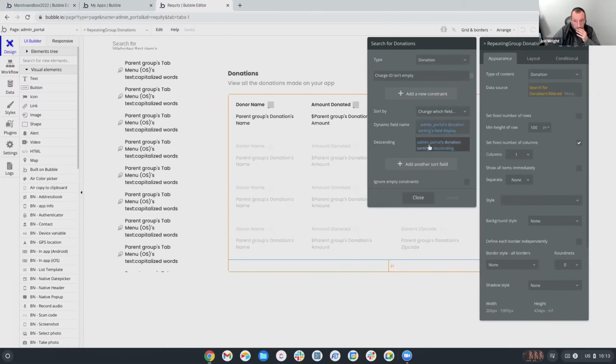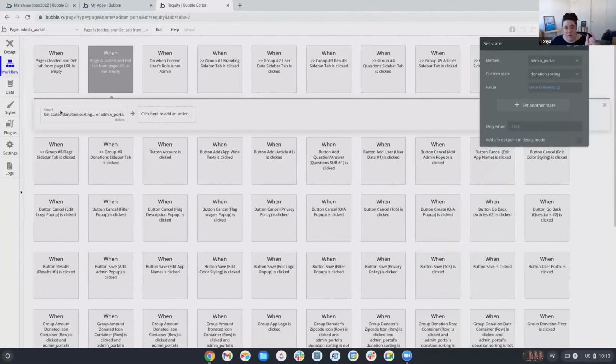Okay. But you're not doing that. You're doing the workflow to change the sorting with list shifter, right? So your sorting's not going to be dynamic here. What will be dynamic is that field on page load. You're going to set a sorting field so that you know how you're currently sorting. So every time you change the sorting, you're going to change this custom state to know how things are currently sorted,